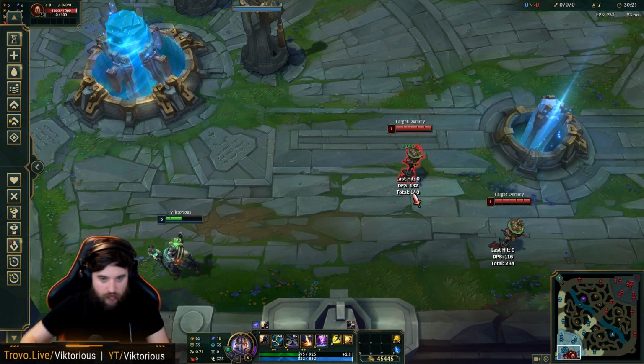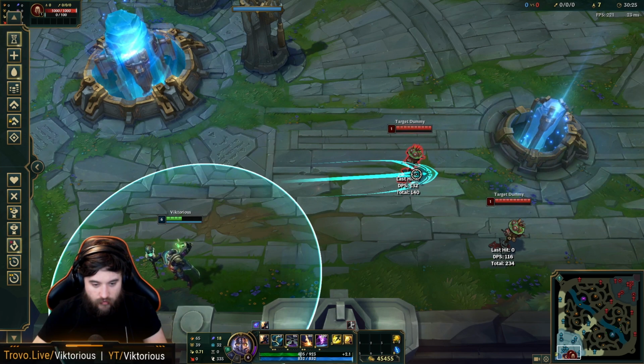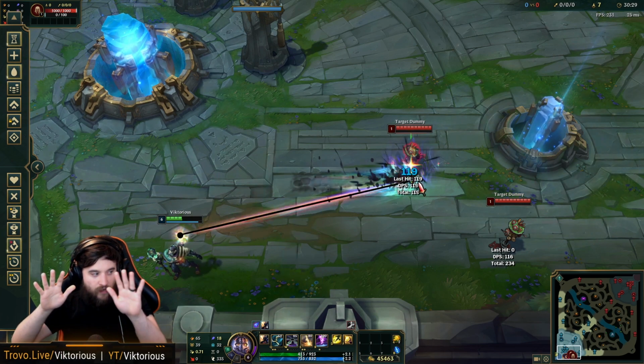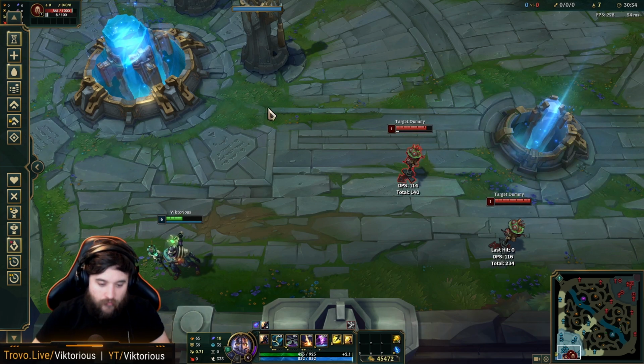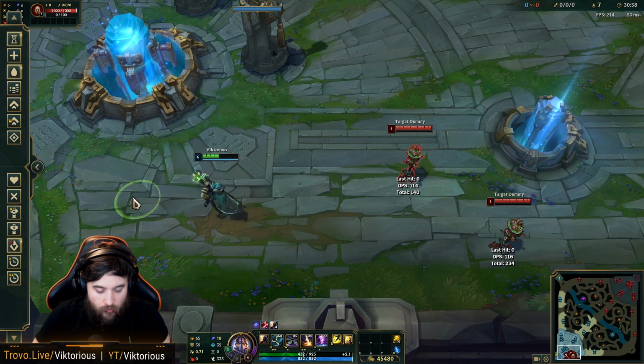See that? Let's do that again. So E, hold down, hand off mouse, let go of E. It's that simple. So what's great about that is that in the moment, while I'm moving around as Viktor, one